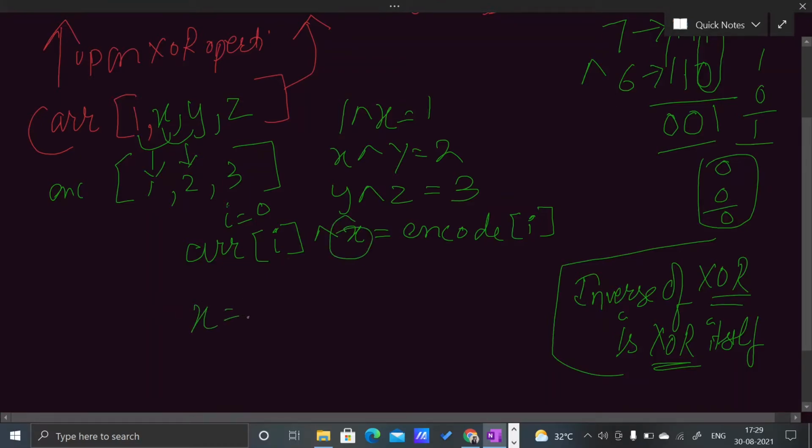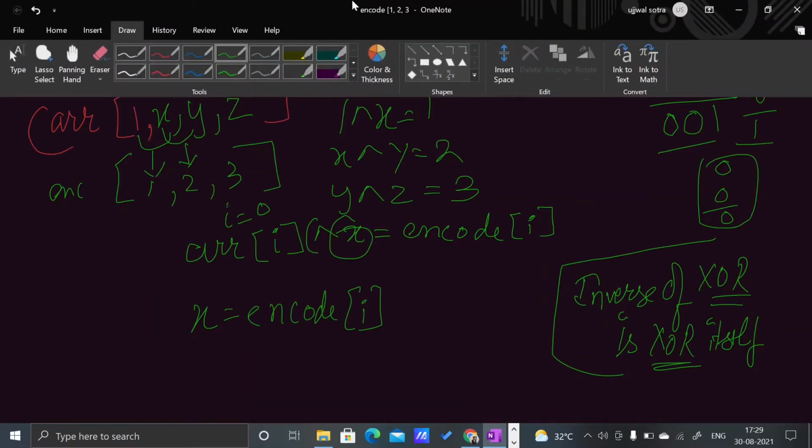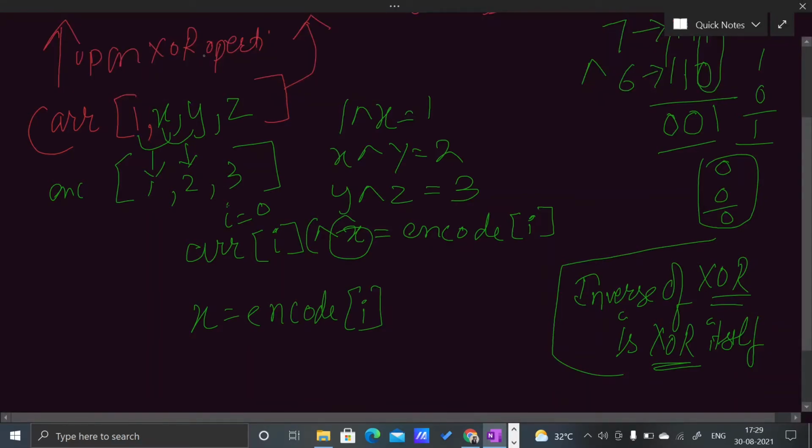When the XOR operation goes from the left hand side to the right hand side, it will just invert, just like in the case of other operations like log and trigonometric operations.